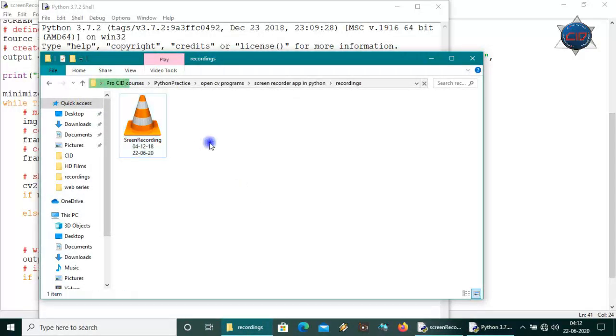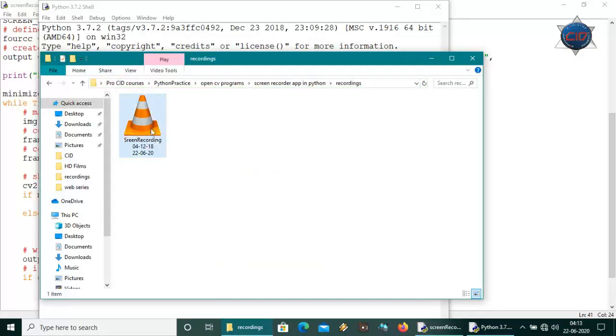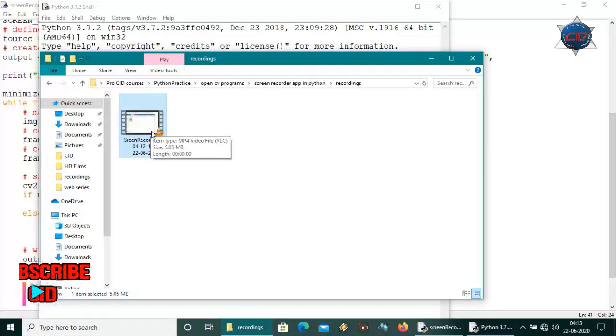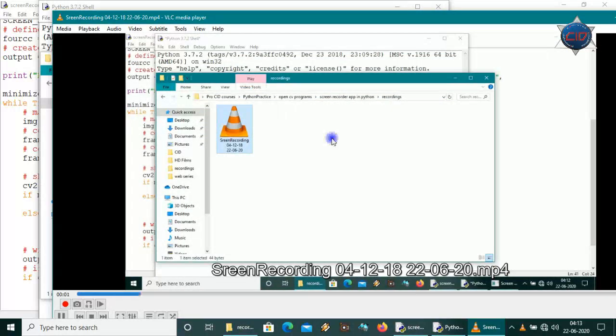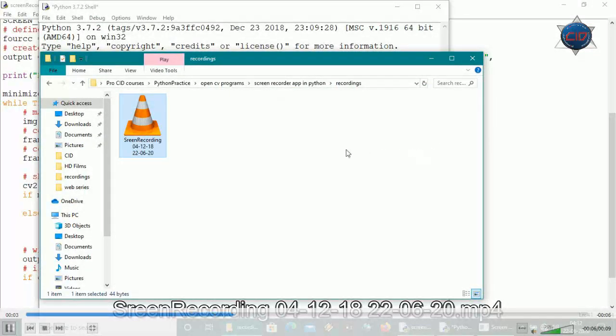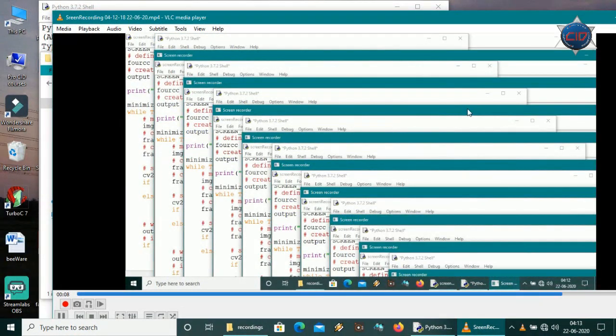And let's go to the folder of recordings, and now let's refresh, and you will see that it is the video. Okay, and let's play it. Then you will see that it is a high quality screen recording with 1080 pixels or more. Okay, as you can see, it is showing out fine. So that is our program.